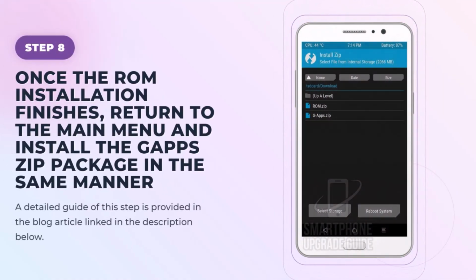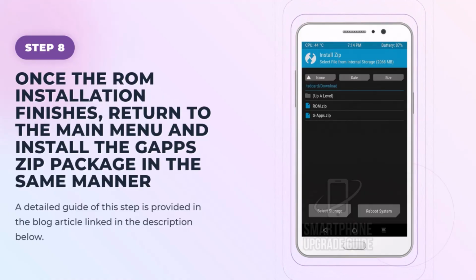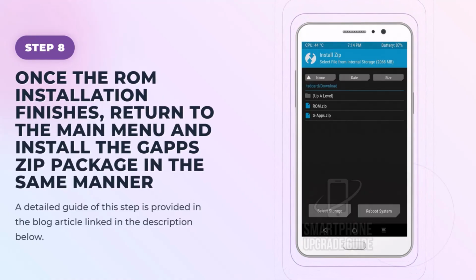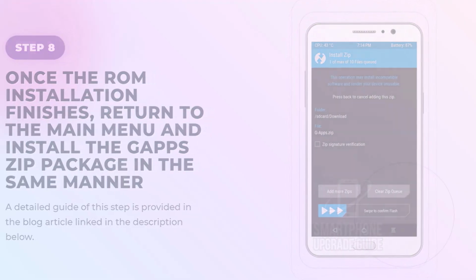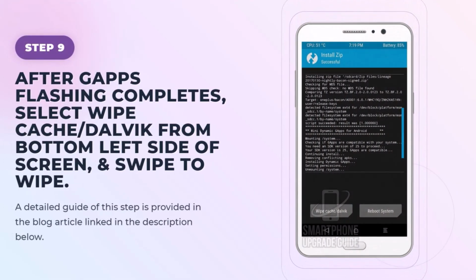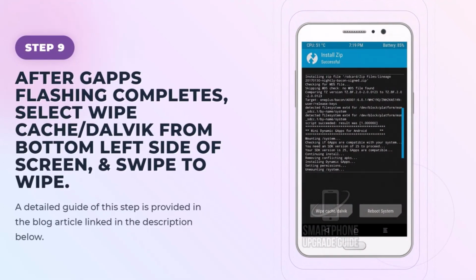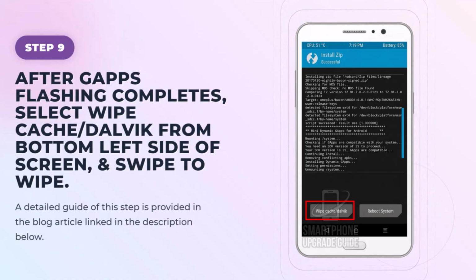Step 8. Once the ROM installation finishes, return to the main menu and install the GApps zip package in the same manner. Step 9. After GApps flashing completes, select Wipe Cache/Dalvik from the bottom left side of the screen and swipe